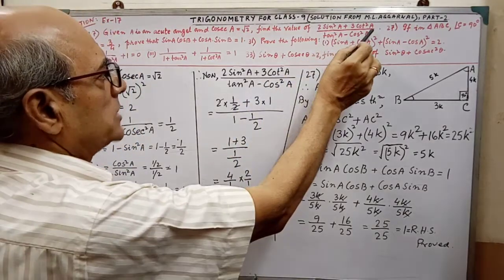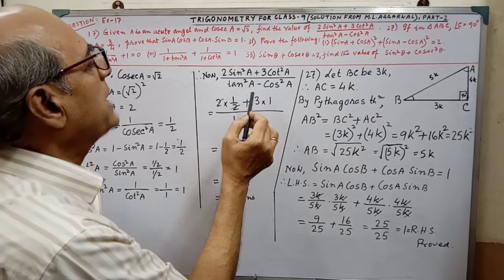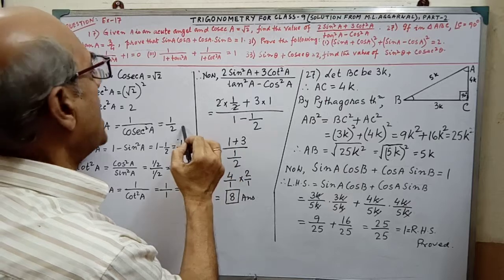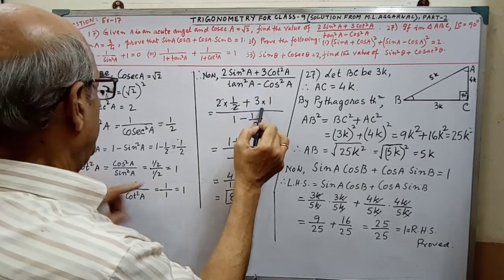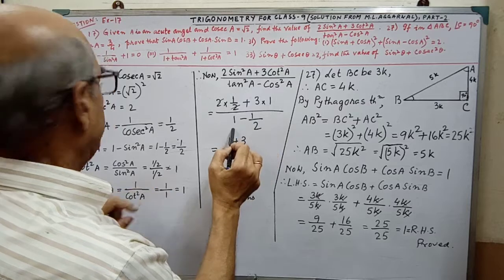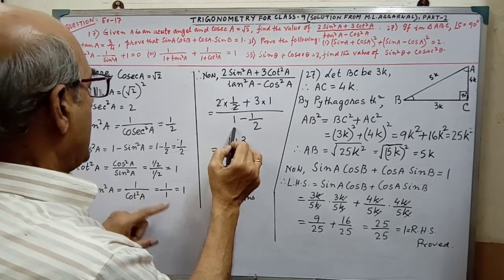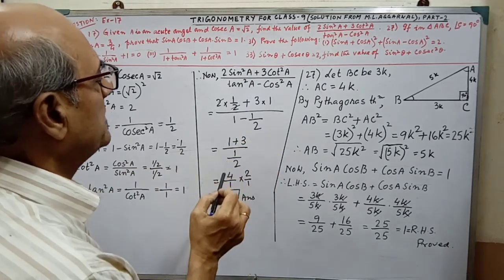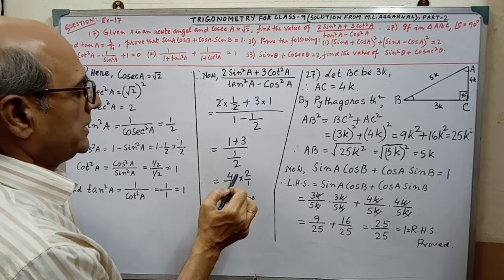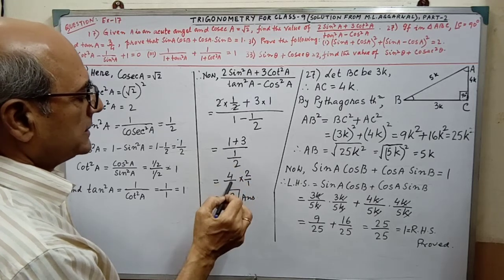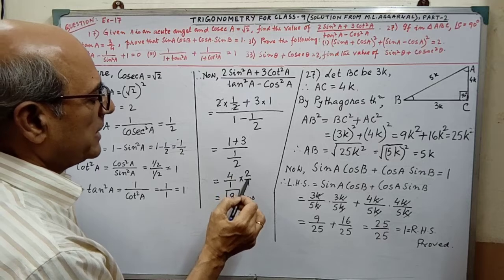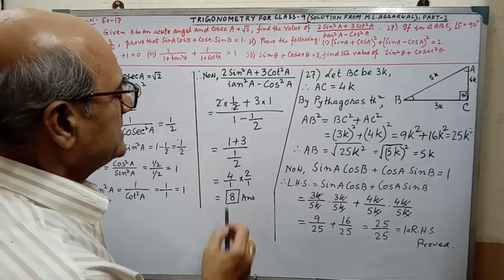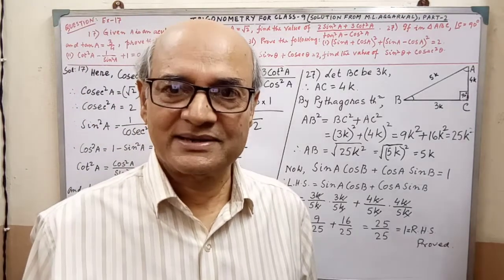Then we have to write down the expression. After writing the expression, you write the relevant values we have already got. Sine square A is half, plus 3 cot square A, that is 3 into 1, tan square A is 1, and cos square A is half. After putting the values, you have to simplify. In simplification, we get this, and this is the divide. Taking multiplication, the fraction will be changed. After calculation, it is coming 8. 8 is the answer. This part is completed.